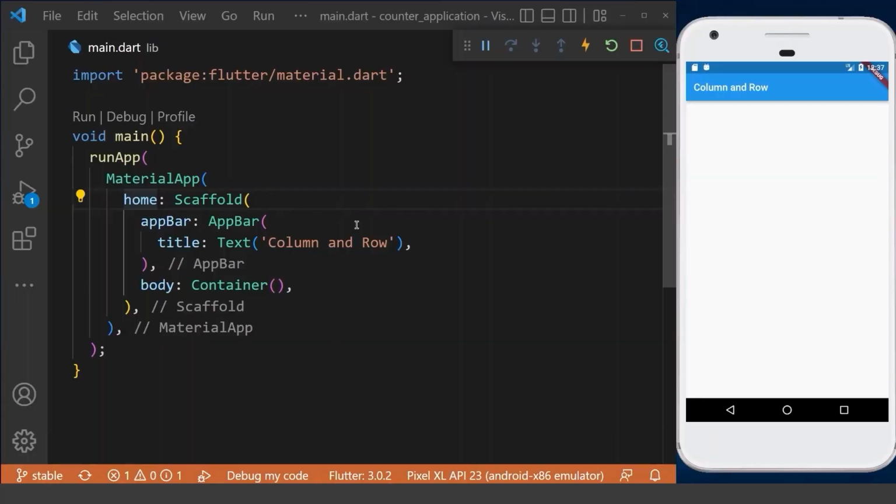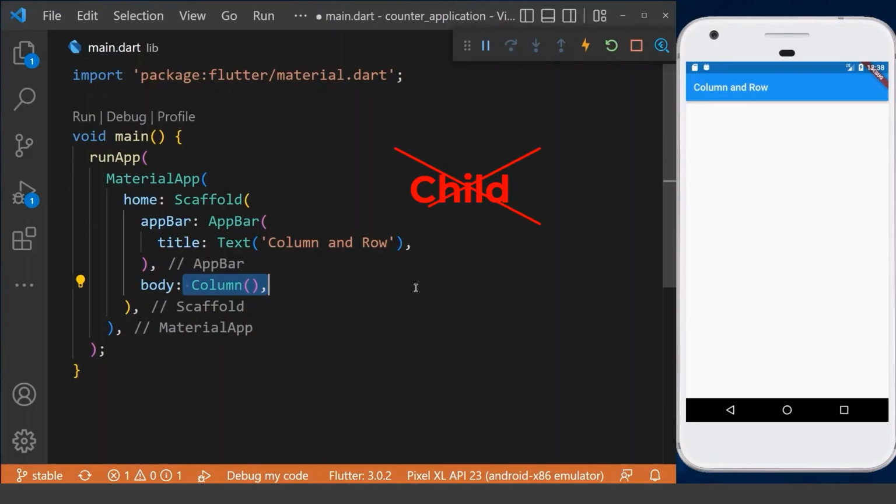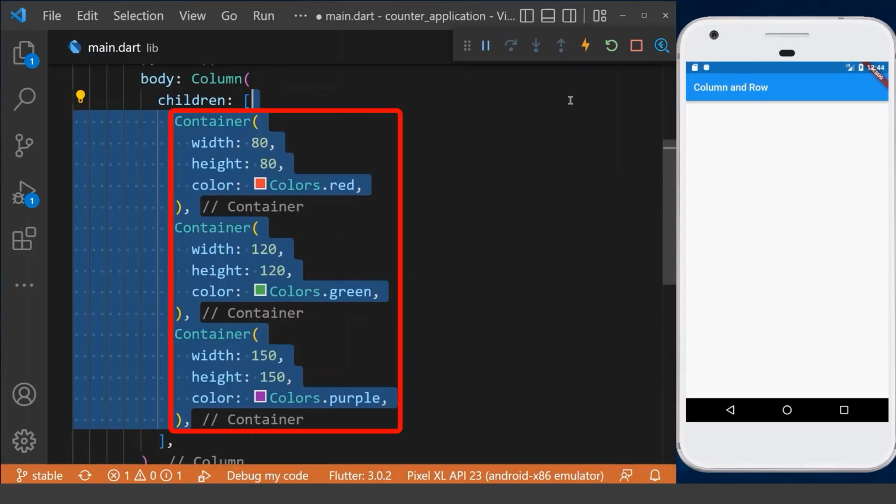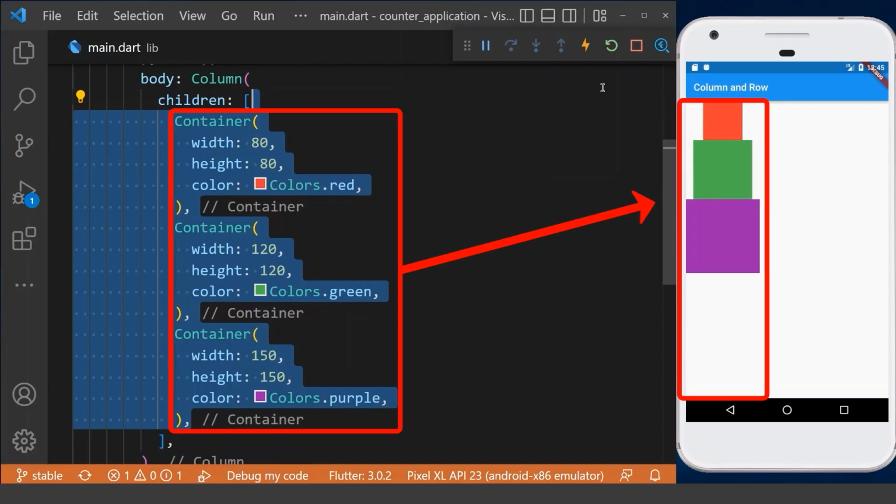Now let's get started, and inside our scaffold body, create a column. And since we can have more than one child inside a column, we do not have a child property anymore. Instead, we have a children which can get a list of items. It means we can put lots of widgets in between these square brackets. Therefore, we can put 3 different containers inside our column. So now we have 3 containers, all with different colors and sizes, that it's being laid out in a vertical